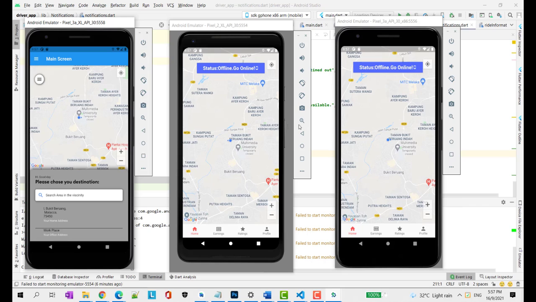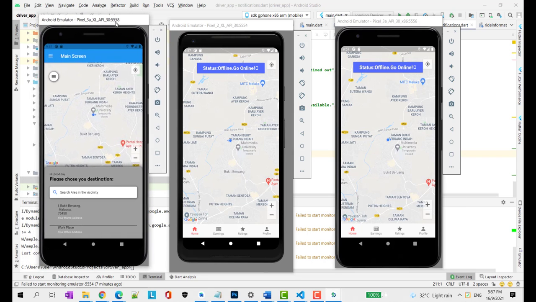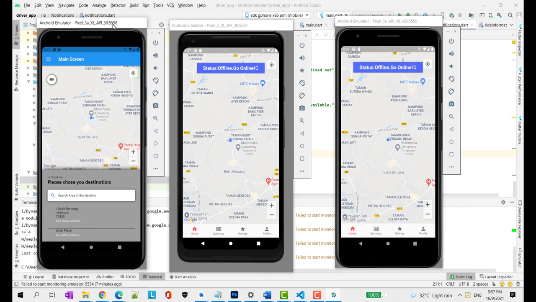In this demo, I'm going to demonstrate whether the rider's application is able to send a request to the nearest driver. Another module I developed for my PSM2 is for when the rider is stuck in an area where he might need to go to a location, but the radius is limited, so he might be able to manipulate the radius. Besides that, I have also implemented a few features in the car registration page.